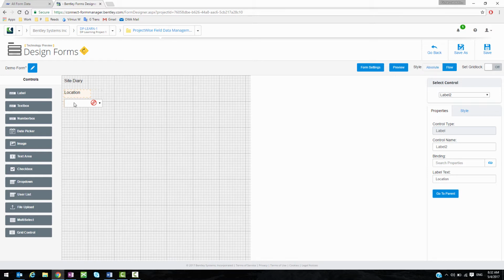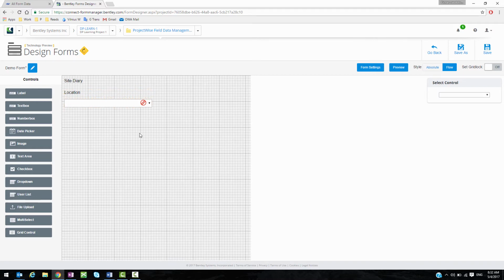If I select and make sure that I have label control, which means that this is a combination of the label and the actual control. So I have the label control selected, and I'm going now to style, and I'm going to change to 50%, and now the label and the control both are taking 50%